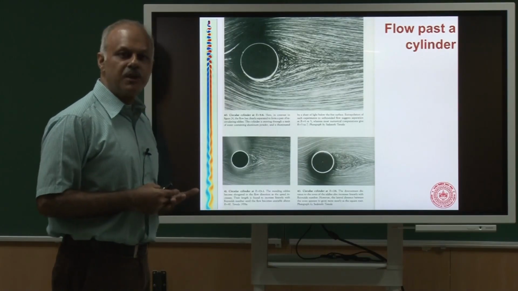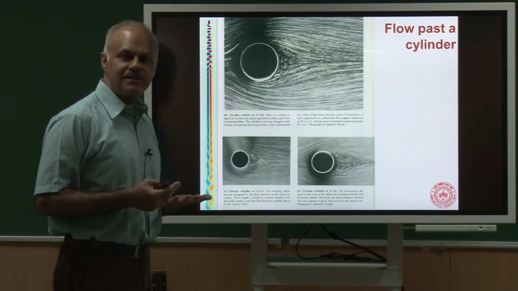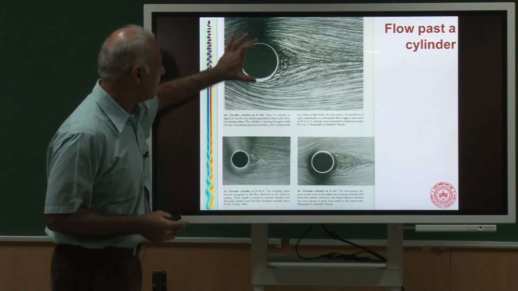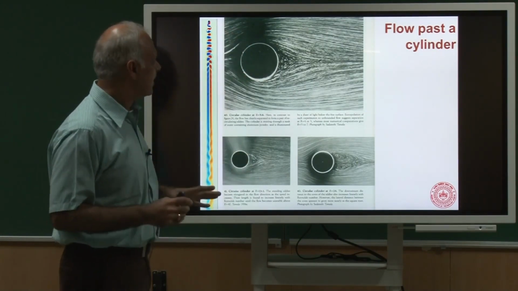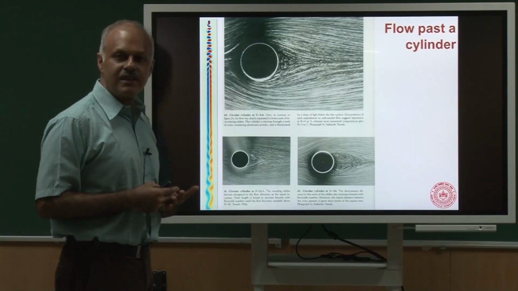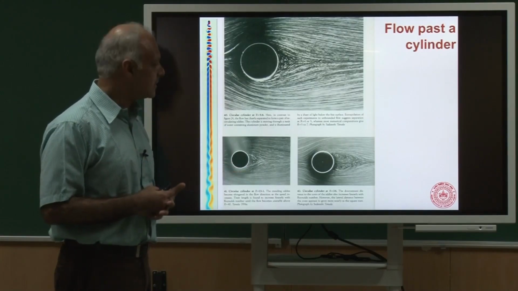Most other shapes would be complex, okay, they have more geometric parameters. The simplest shape is a circle. There is only one geometric parameter, and that is the diameter of the circle. No sharp edges, extremely smooth. So I would imagine that the flow past a circular cylinder should be a piece of cake. Everybody should be able to guess what happens.